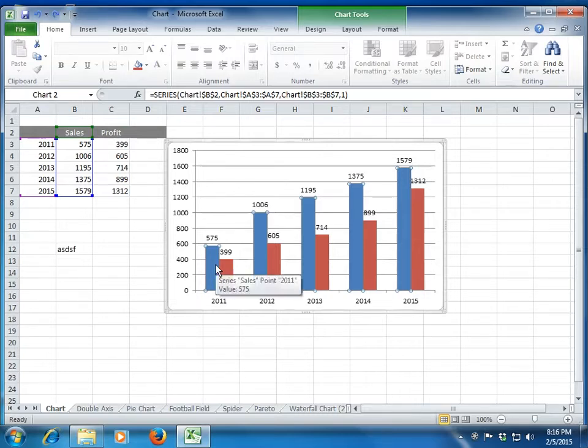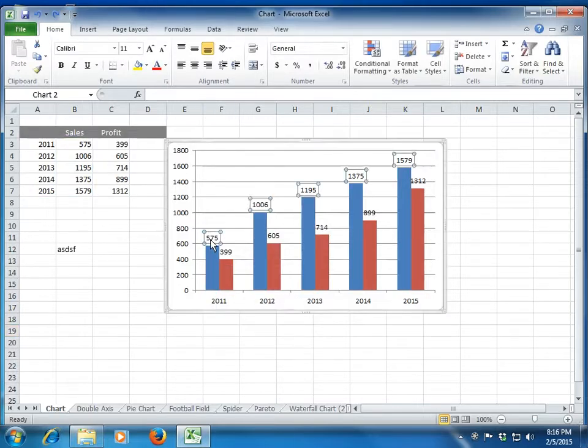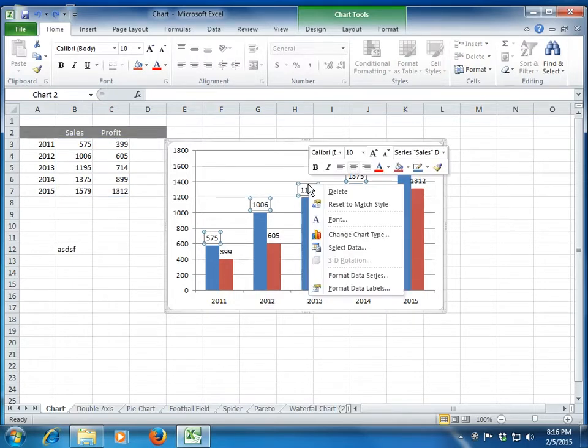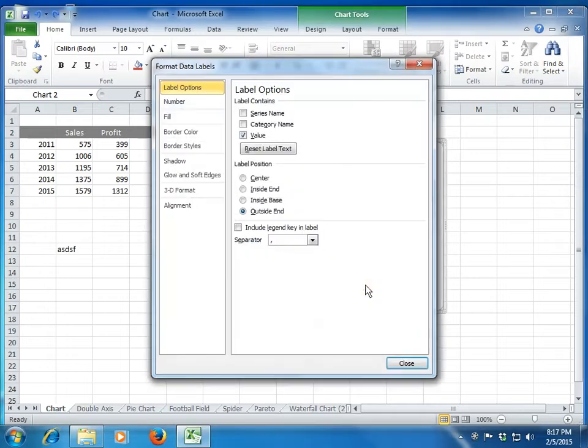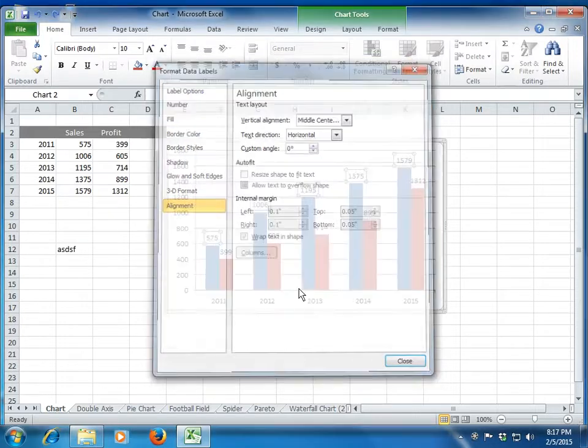So all you have to do is select the series, right click, and you can play around with that. Similarly, let's say if you want to format this data label, just select any one of them. You can see I just click here, so all these data labels get selected. You can format them. So you say format data labels and you can play around with that. What number formatting you want, what fill you want, what other formatting you want to do with the data labeling along with the alignment, right?